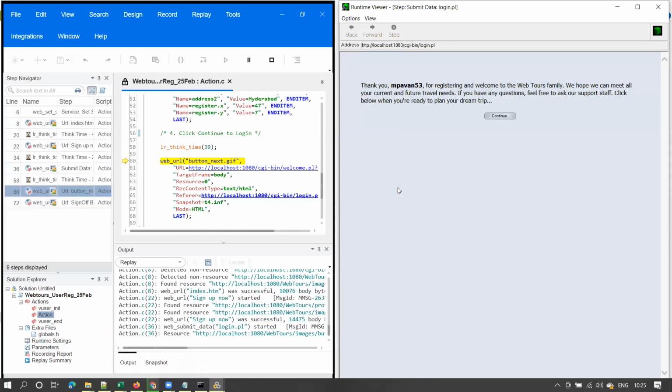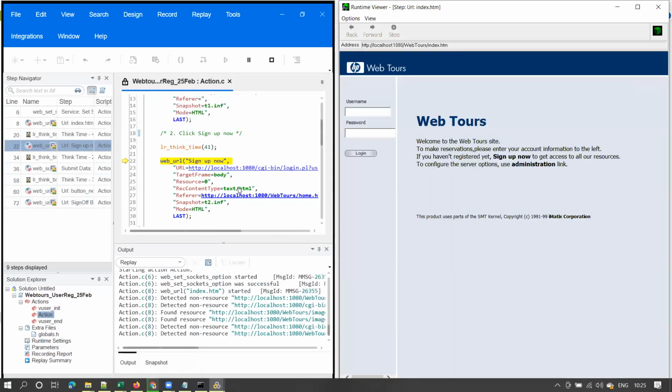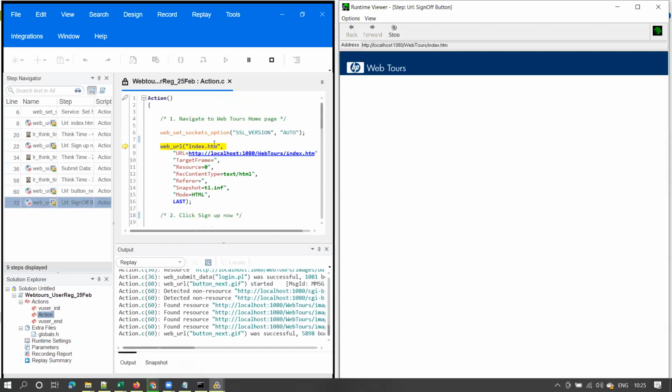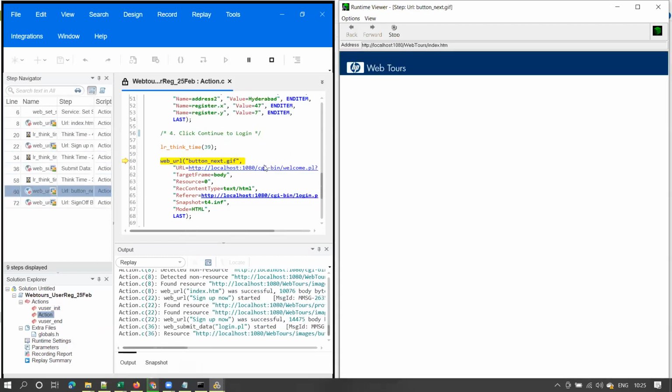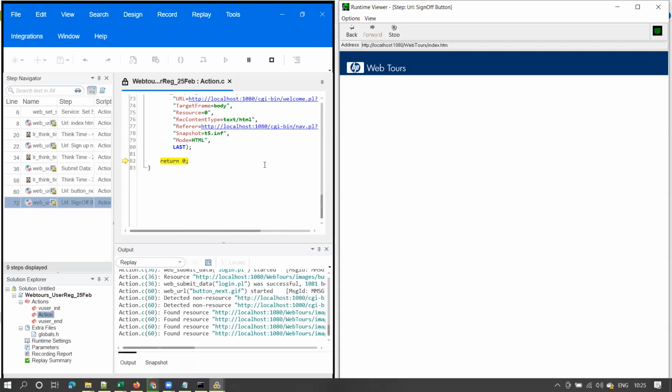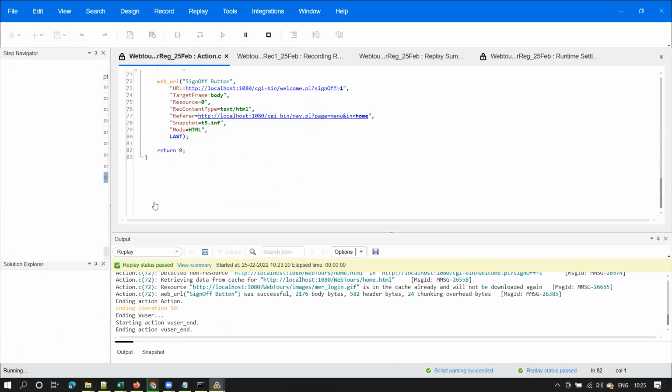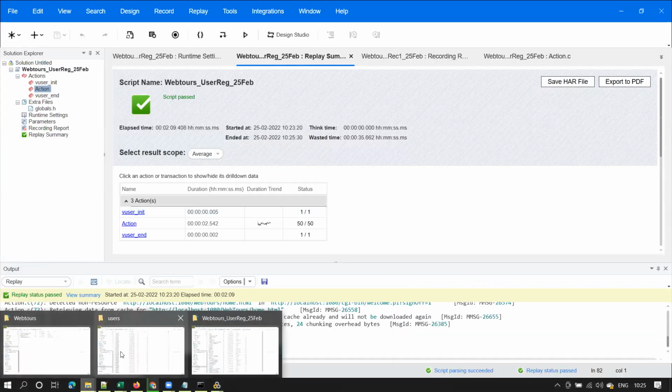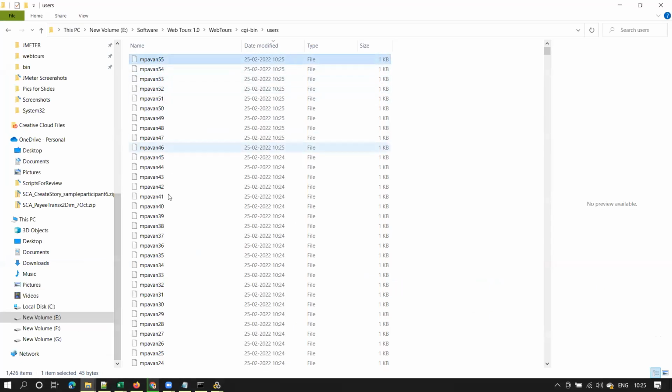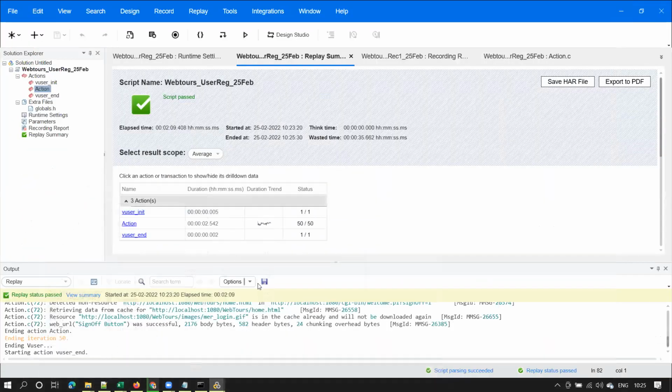I just want to complete this user registration. Now, is it clear, guys? Our script is doing that user registration now. So our first script is ready now. Done. Now 50 user registrations are completed just now with the script. From 6 to 55, 50 user registrations are completed now with the script.